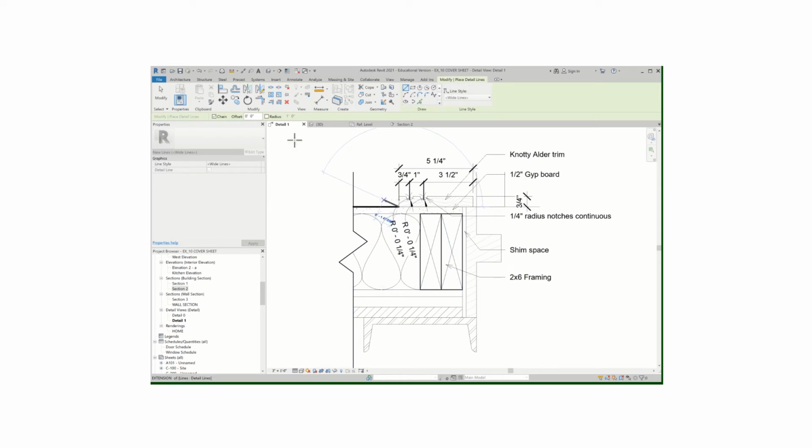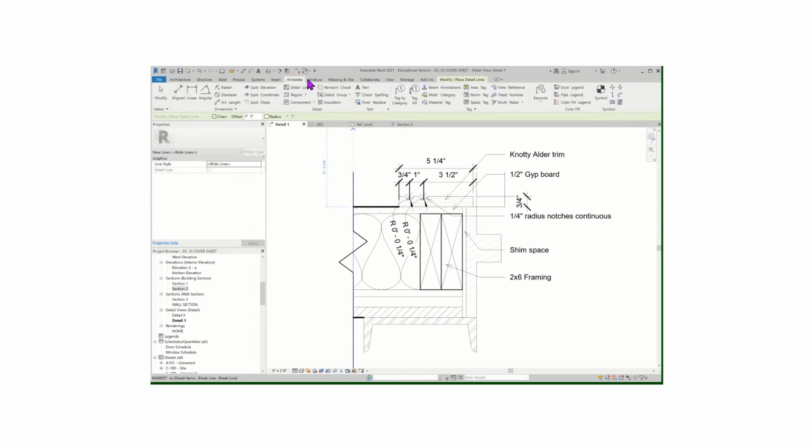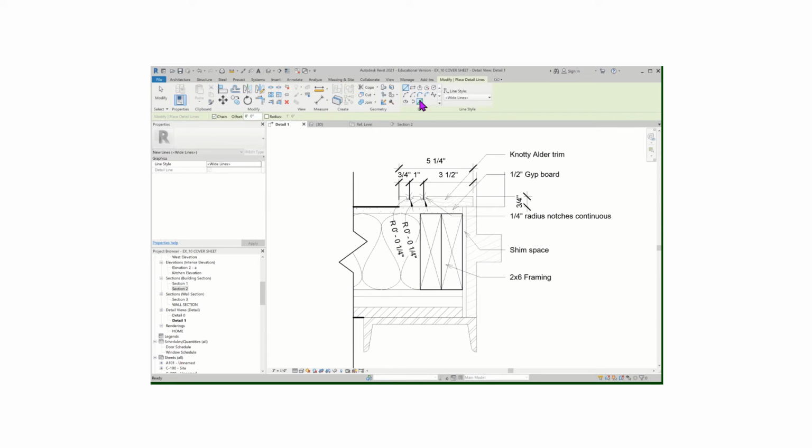And the same thing is going to happen down here, so I'm going to go ahead and click there. Now there may be some other places too, but for right now, I'm going to switch over and go back to my detail lines. There's a little bit of a lag with my computer. Okay, and then I'll go to my pick line tool,